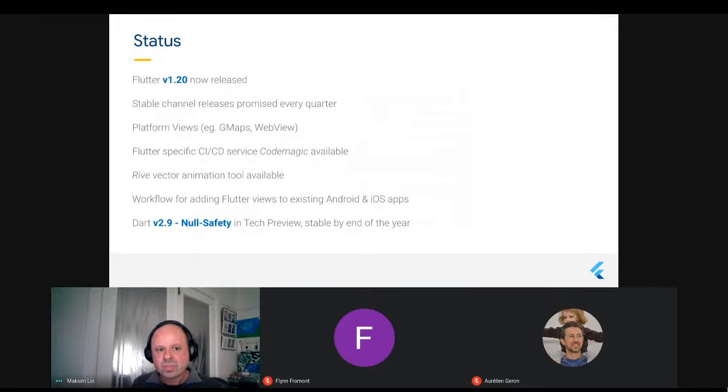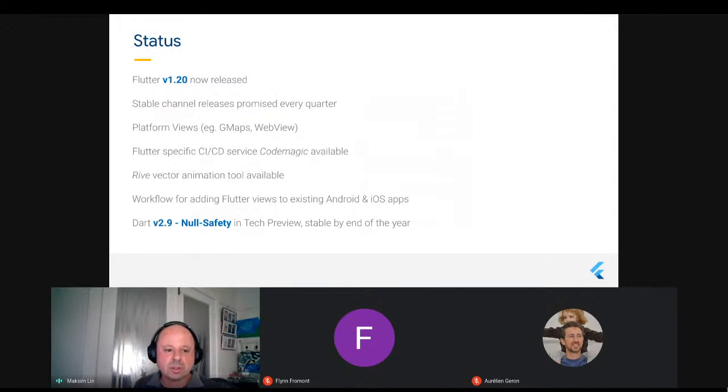But really, there's a lot of work being done to make Flutter better all the time, but it's already a very mature system, and you can get production work done quite easily in it now. There's also a Flutter-specific CI/CD service if you need it. There's a tool called Rive that can produce animations for Flutter, but it's actually being rebuilt using Flutter. The new version of this tool is being built using Flutter's support for desktop and web.